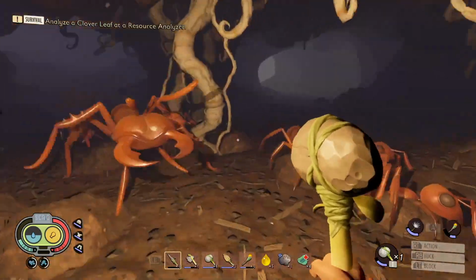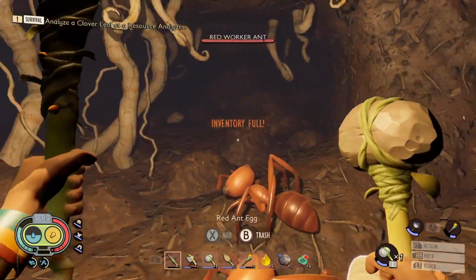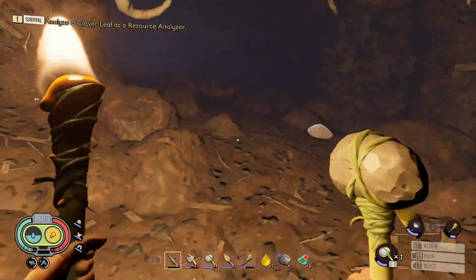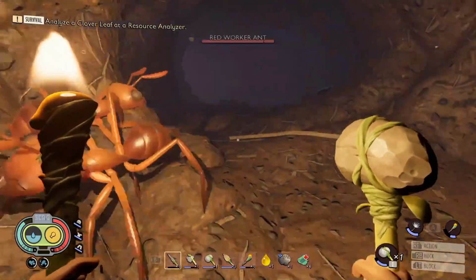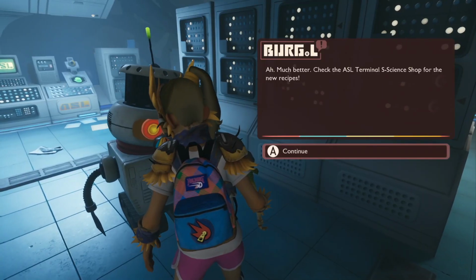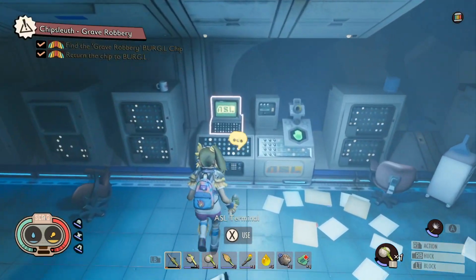And that is pretty much it. Just keep following one of the ways upwards and eventually you'll be back to the main area. Again, this is where you might want to grab a few eggs and then run out there as quickly as possible and hopefully don't get nabbed by too many ants. Head back to Burgle and give him the chip, and then access the ASL store, and you can buy fibre